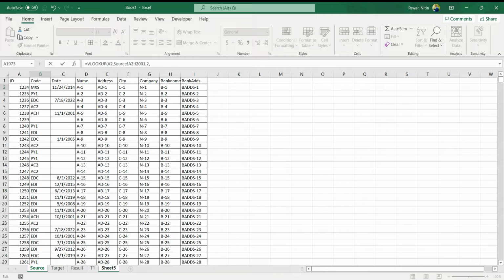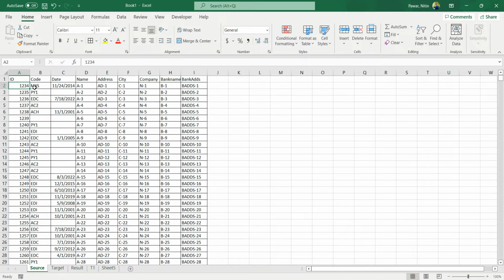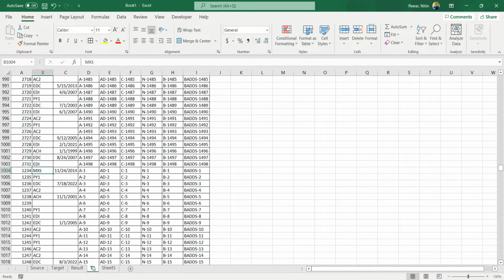Do you want an exact match or approximate match? I want an exact match, so I'll say FALSE. If I close this and then enter, now you can see that the second column value got extracted from the source. Similar way,